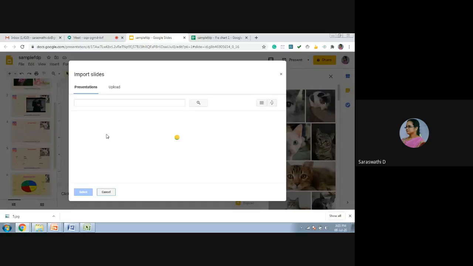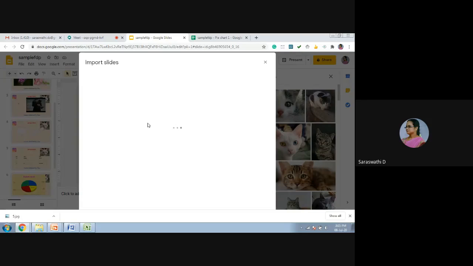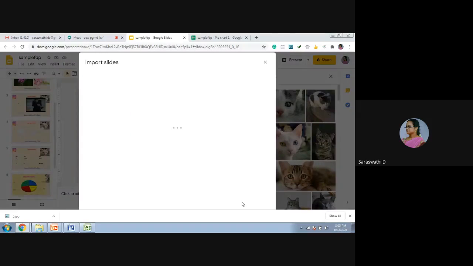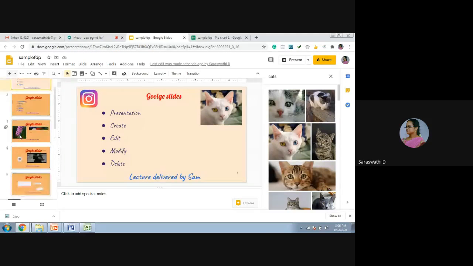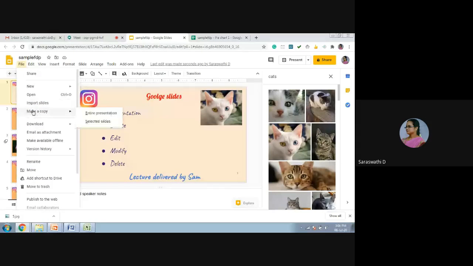And if you want to import slides, you can also import. So just click on this import window and select the slide. Which folder do you want to include? Here I just selected this slide, the 30SS folder. Whether you want to import all the files, just select all the files, or if you want to select only particular files, you select the slides. I just selected these slides, just import. You can see these slides are imported.